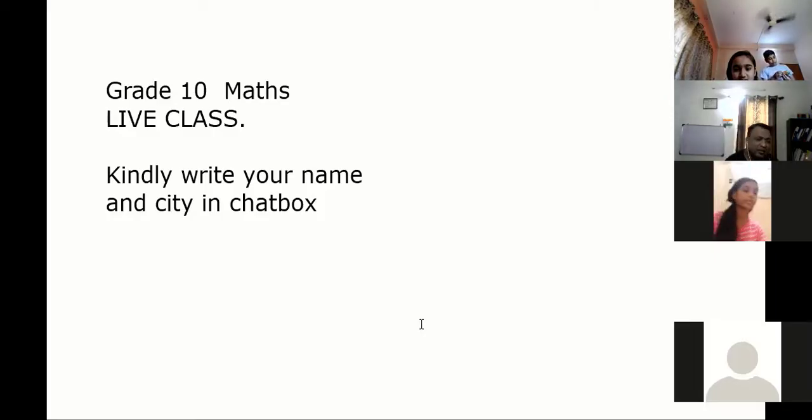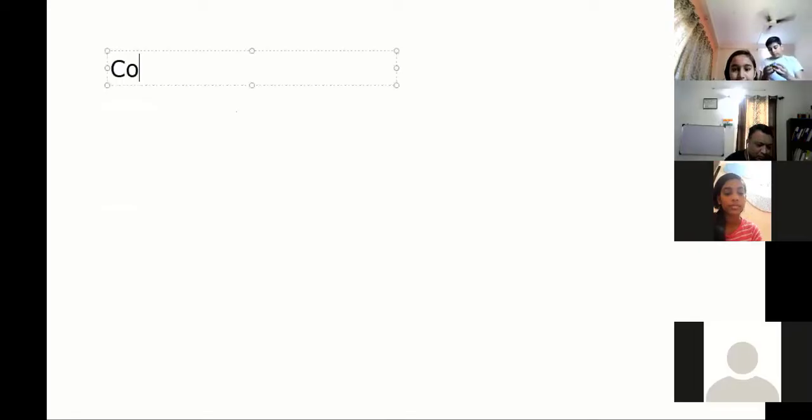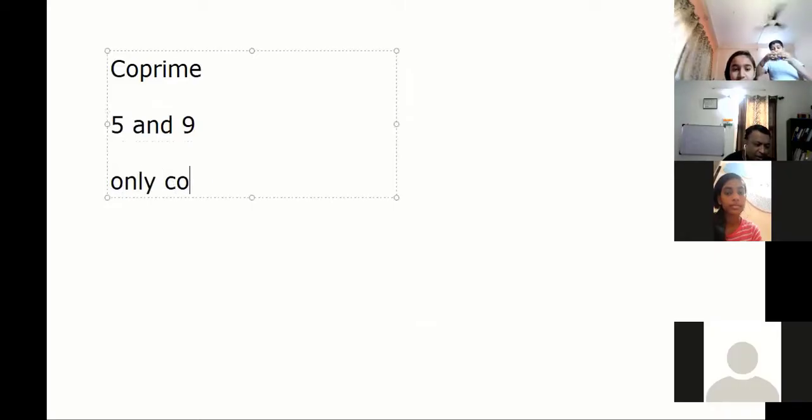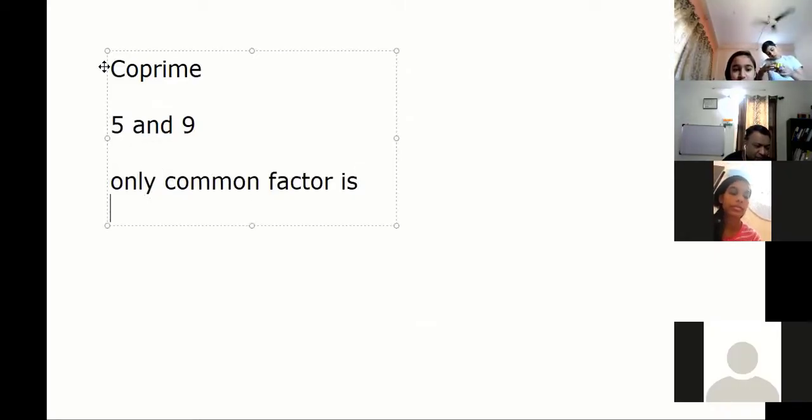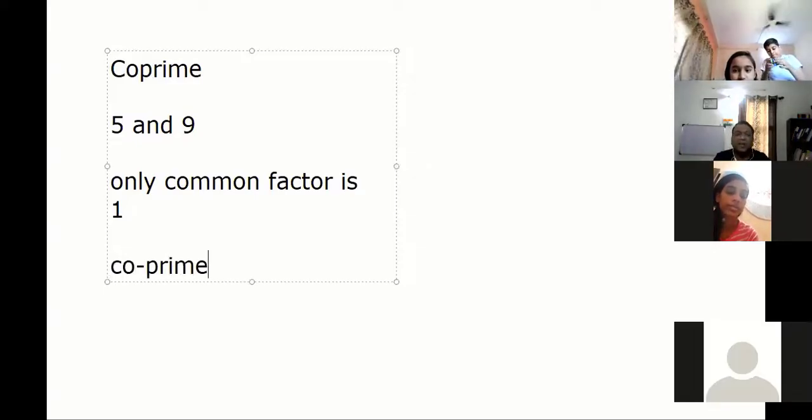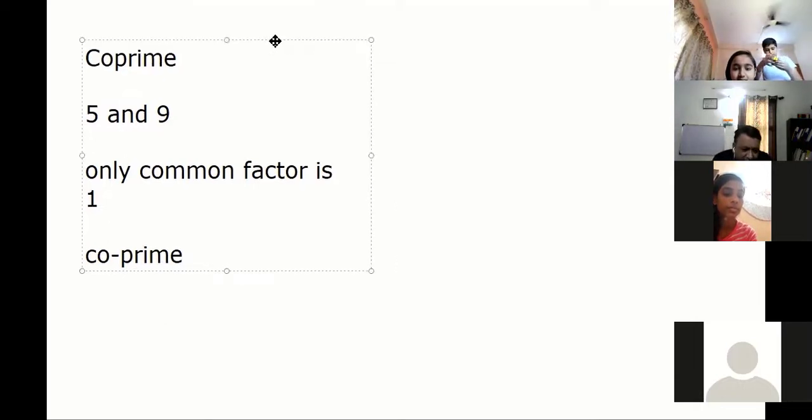And Soumya, the last question is, what are co-prime numbers? Because these are all important for this chapter. Any two numbers which only have 1 as a common factor. Give everyone an example, please, Soumya. 5 and 9. The only common factor is 1. That's why they are co-prime. Very good, Soumya. So everybody, revision understood? All this number system and these types of numbers are very important: prime, co-prime, composite, rational, irrational, real. These should be on your fingertips. Your mind should be absolutely clear on what is a real number and what is not a real number.